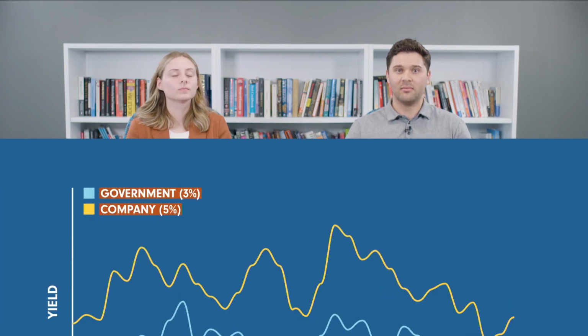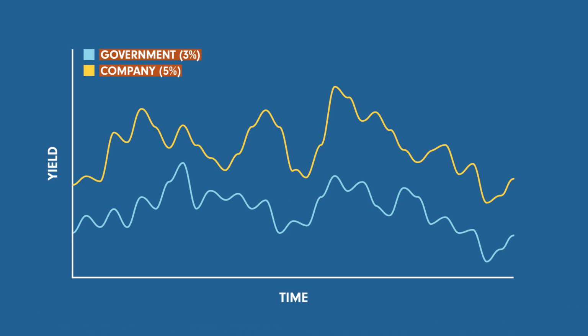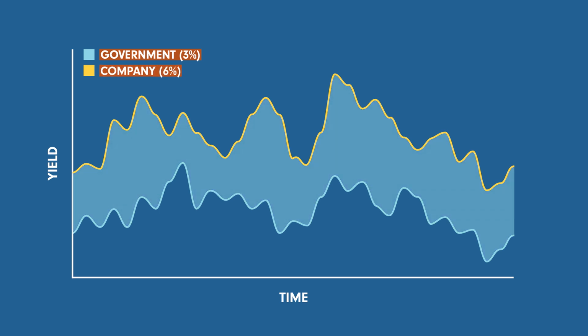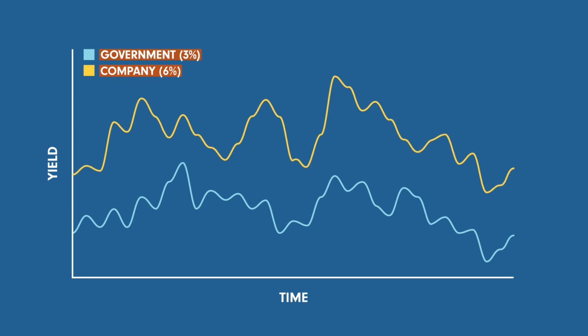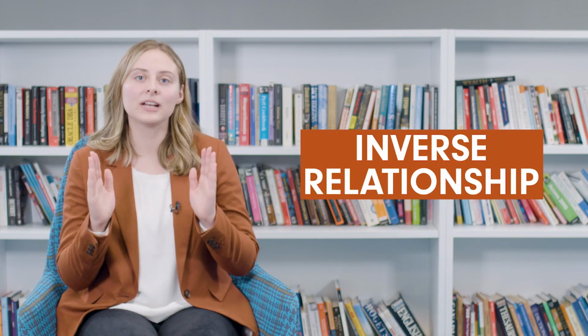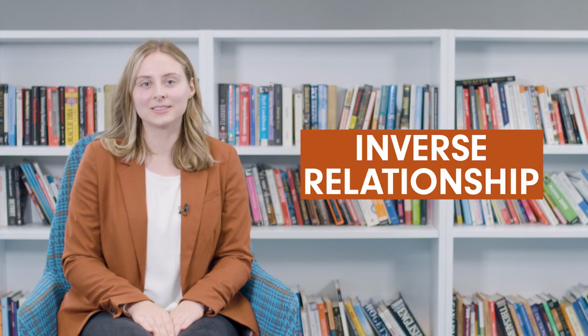Using the earlier example, maybe the credit spread widens from 2% to 3%, resulting in the overall yield to go from 5% to 6%. This will have the same impact to the bond's price as if interest rates moved up 1%. The opposite can also happen. If the company increases creditworthiness, the spread will instead narrow. All this to say, widening credit spreads are negative to bond prices and narrowing credit spreads are positive to bond prices. Who determines this creditworthiness of companies?